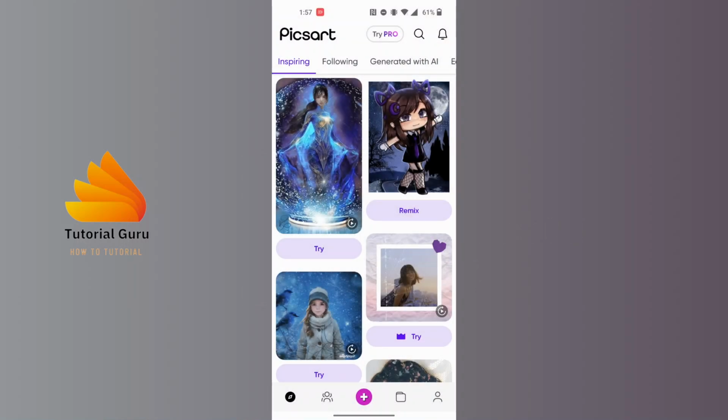Now to sync contacts in Picsart, first open up the Picsart app on your phone. After opening the app, on this interface you'll land over here, which is the home interface of Picsart. And over here at the bottom right corner of the screen you can see the person or profile icon available for us. Tap on the person or profile icon at the bottom right corner of the screen